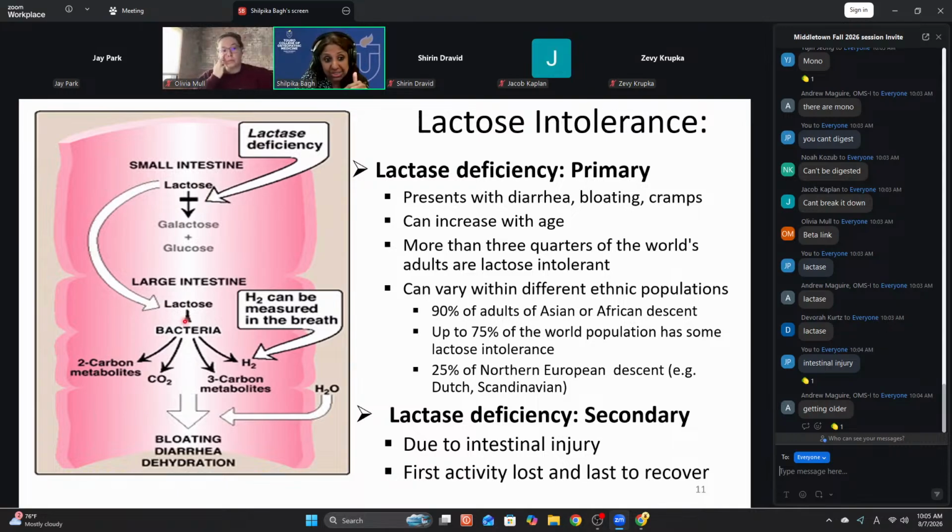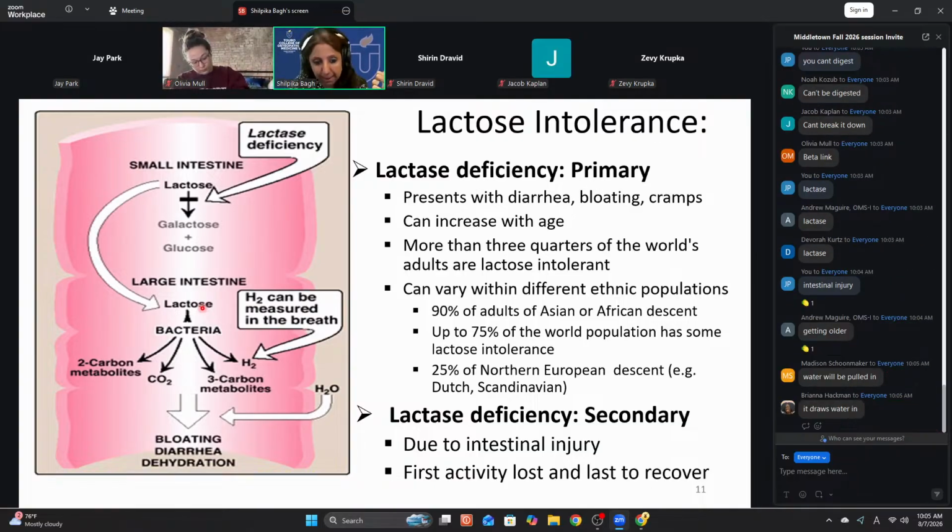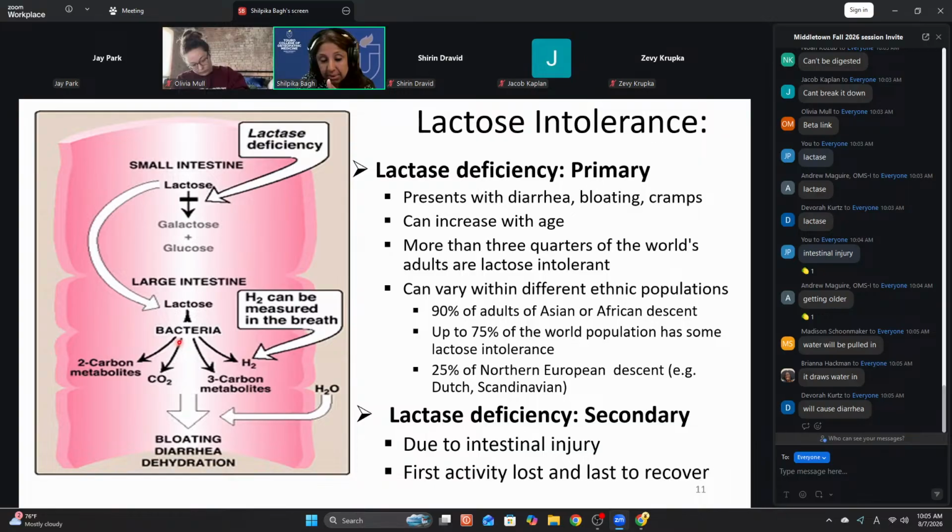Lactose is not digested and comes undigested into the large intestine. What is going to happen? What is it specifically now? It's osmotically active. It will draw in water, causing watery diarrhea. Yes, because it's osmotically active. Any bacterial fermentation will give you fermentation products that will cause abdominal pain, bloating, and flatulence. Remember, hydrogen is also a part of the fermentation products. That's why the non-invasive test for lactose intolerance is the hydrogen breath test.